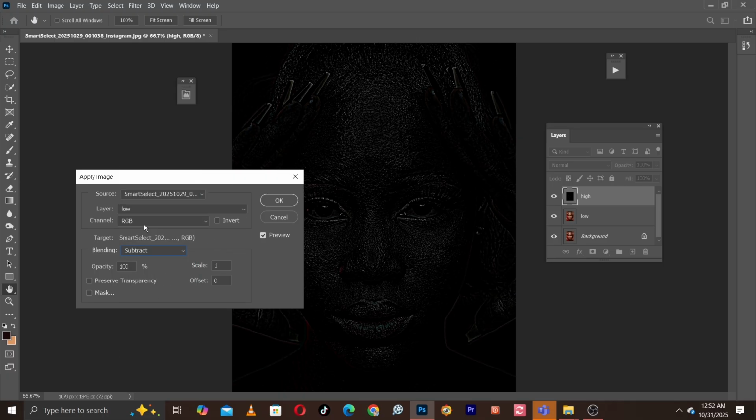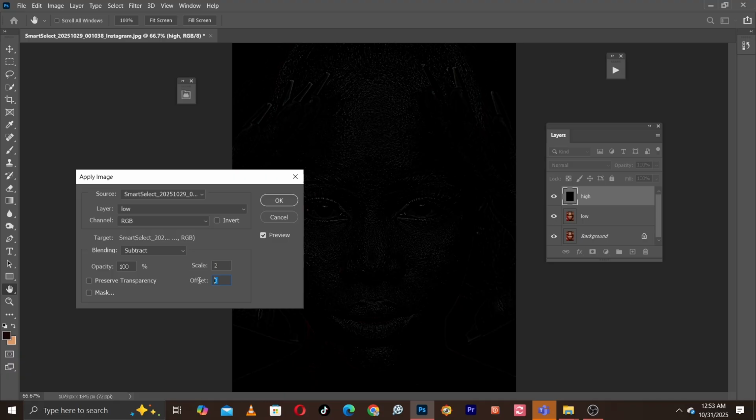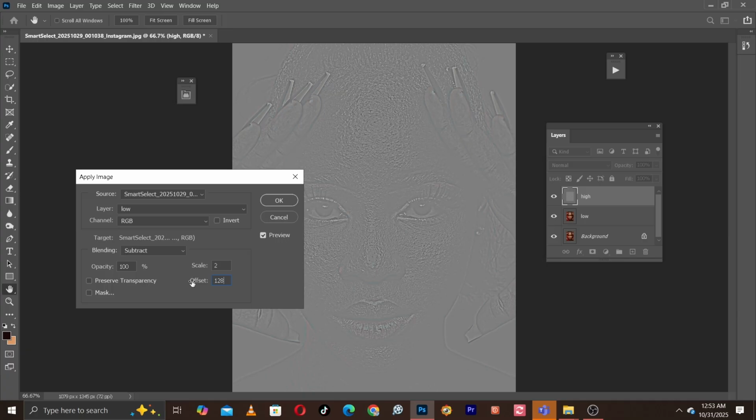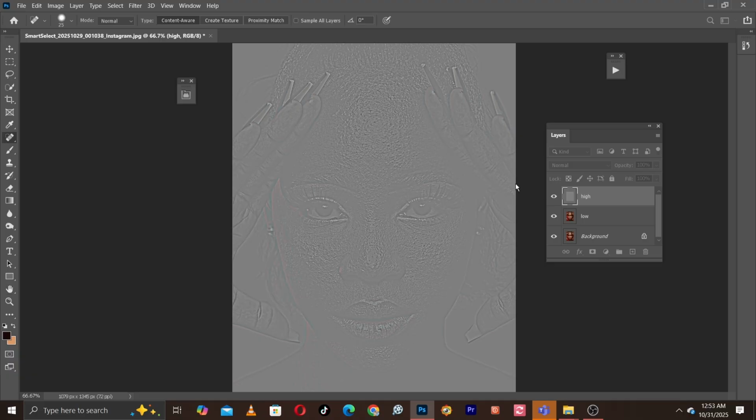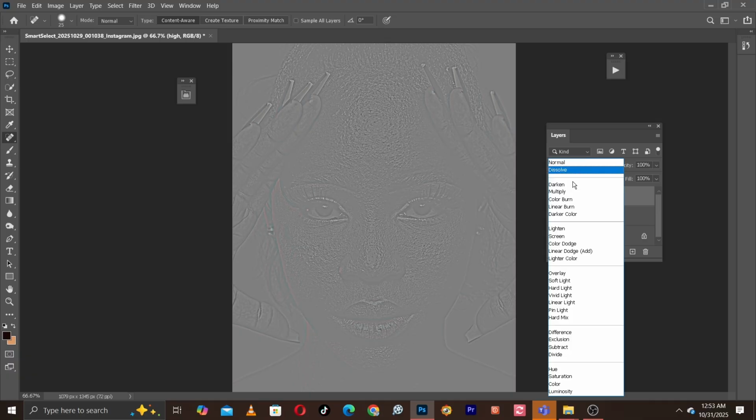Press subtraction, make sure that the channel is RGB, and make sure this area is not ticked, as you can see, the mask and the preserve transparency. After that, come to scale. Put 2 and then the offset 128. Make sure that we don't invert our image. After that, press OK. Come to our blending mode and select